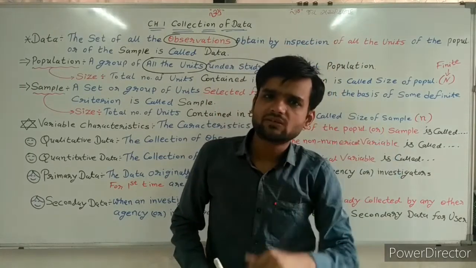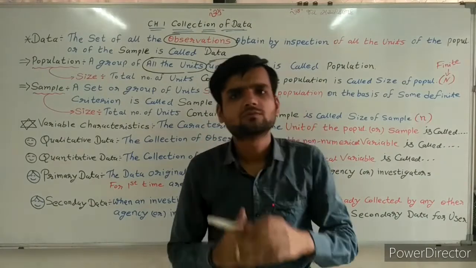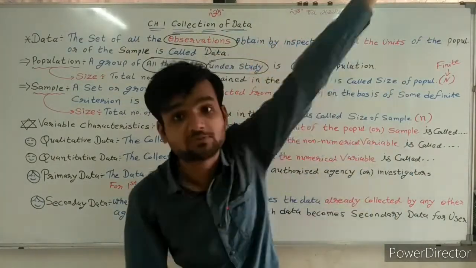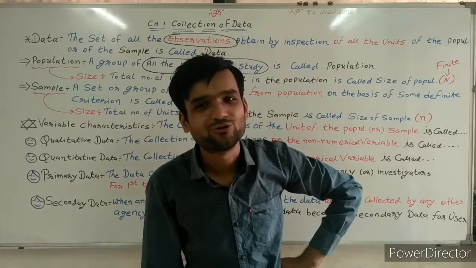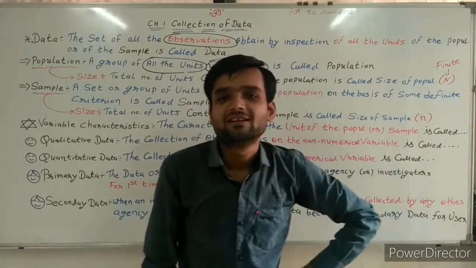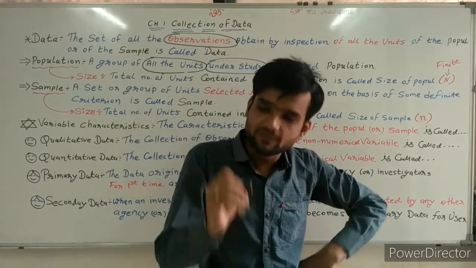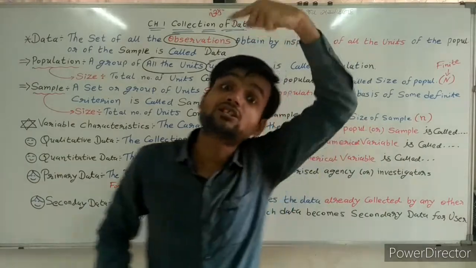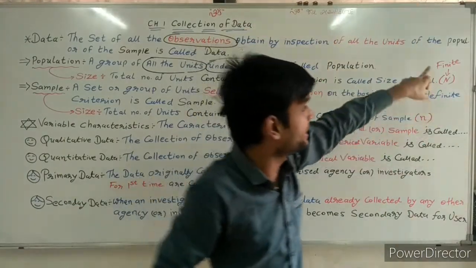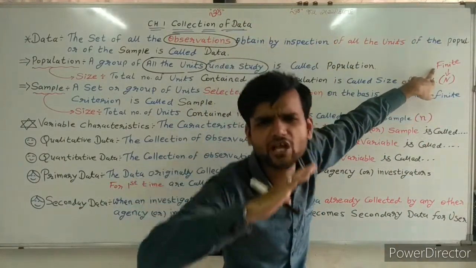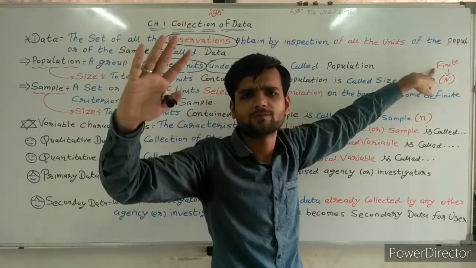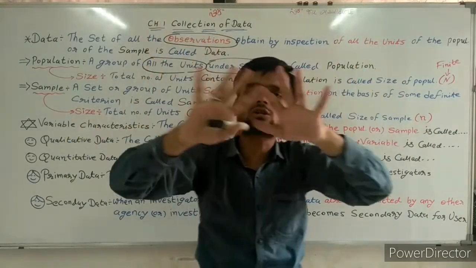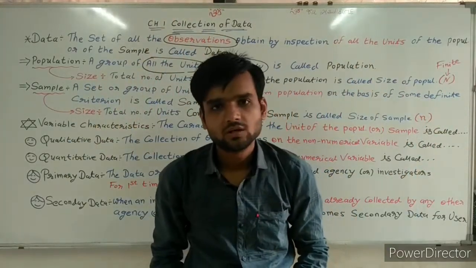Now, finite means what? Which can be counted. Are there unlimited subjects, so you cannot count how many subjects there are? No, that is not the situation. That is the situation only which we can count. Sir, there are 9 subjects, that's it. If there are unlimited subjects, then it is not finite, it is an infinite situation. Stars cannot be counted. Infinite. We cannot count stars. Unlimited.